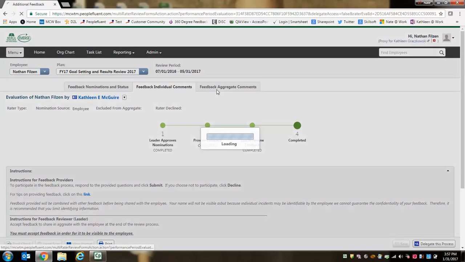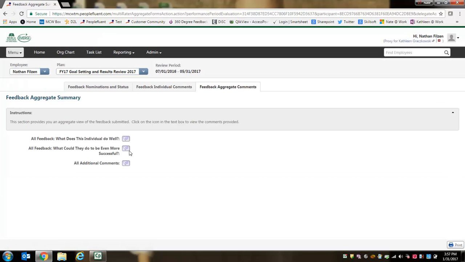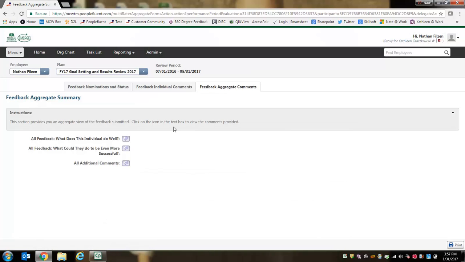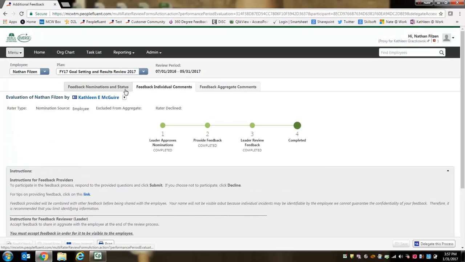Or I could click feedback aggregate comments. And here I would see all of the feedback that each of the individuals submitted if I clicked on the different buttons. And as you can see, we were doing some testing, so there's a little bit of an answer that doesn't make sense. But at this point, what I want to do is, if I'm ready to move forward